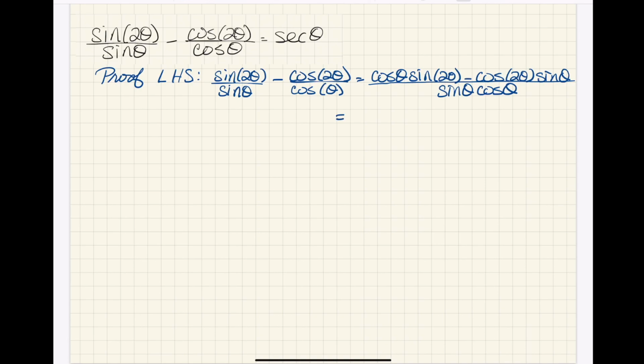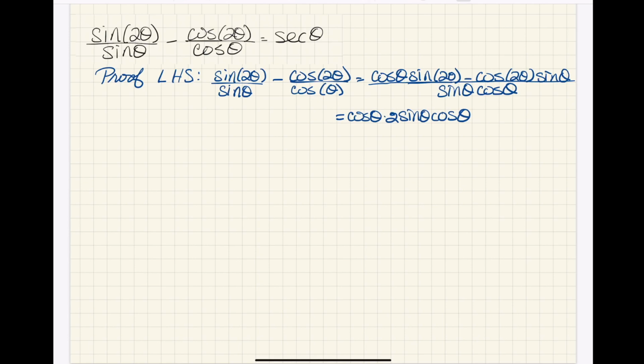Well, with our first term here, we don't have any choice for the double angle of sine of 2 theta. That has to be basically substitution, and we need to do some kind of substitution because we need all of these angle measures to be the same size. Our final answer here, or the end of our proof, is going to be a trig function of a single angle, not a double angle. So those double angles have to come out of here. And we don't, again, have a choice for the sine of 2 theta. We have the cosine of theta times 2 times the sine of theta cosine of theta.